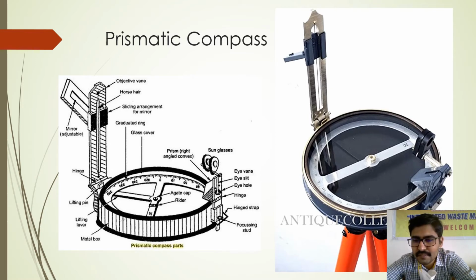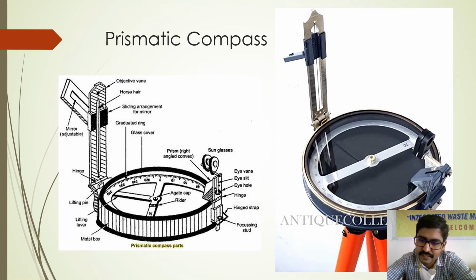As I have told you, the compass will have a magnetic needle, the first entity, and it should have a line of sight, and it should have a graduated circle, and it must have a compass box, right? I will show you where you will have all these things. The central steel magnetic needle you can see, right? On the left side, you can see it is written magnetic needle there.